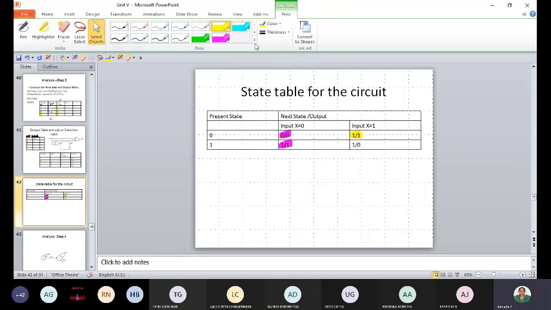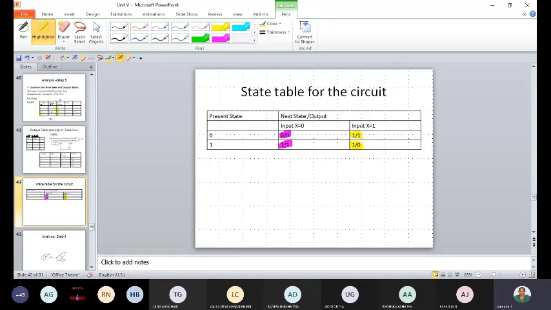Here, this is 1 slash 0, where 1 represents the next state, that is Q plus or Q of t plus 1, that occurs in the next clock transition. 0 is the output of the entire circuit here. Keep in mind, this is not the output of the flip-flop, it is the output of the entire thing.